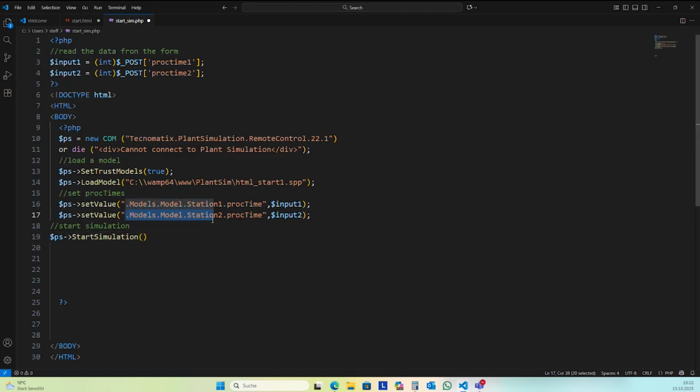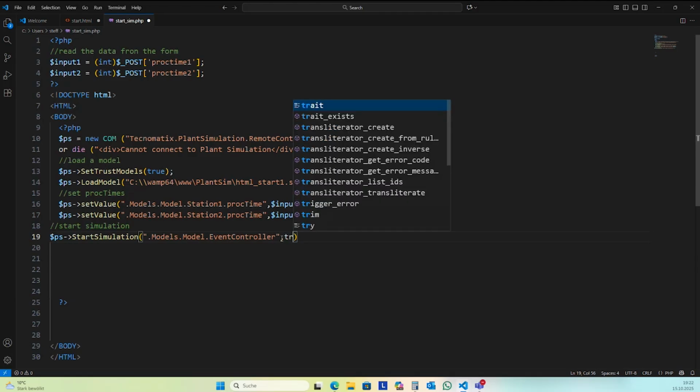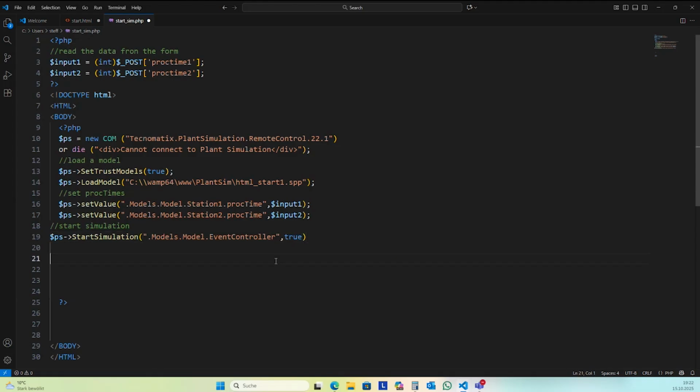The same with the complete path. And then we need to wait for results.